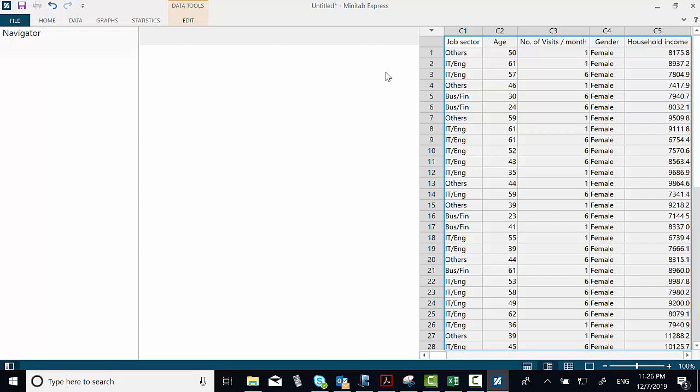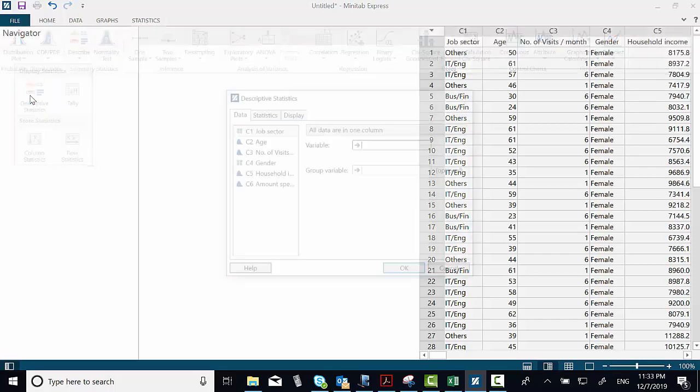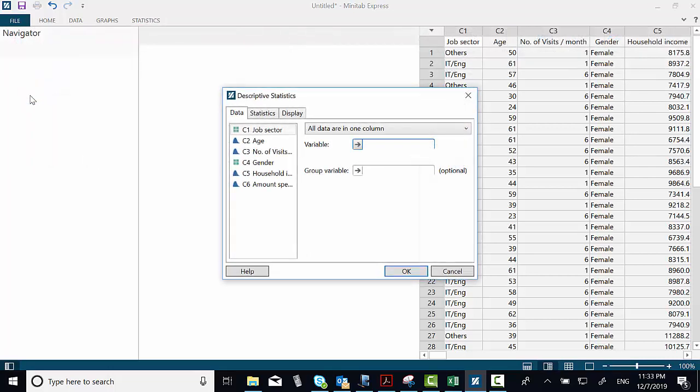And we are ready to do some summary statistics. To do so, we go to Statistics, then Describe, and we select Descriptive Statistics, and we are going to find out how much they spend, amount spent. This is the variable we are interested in,